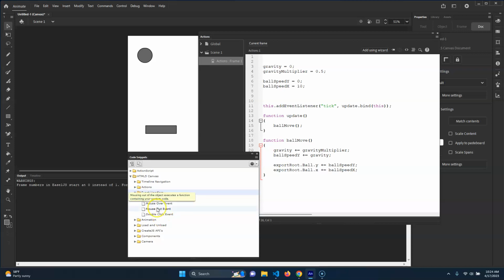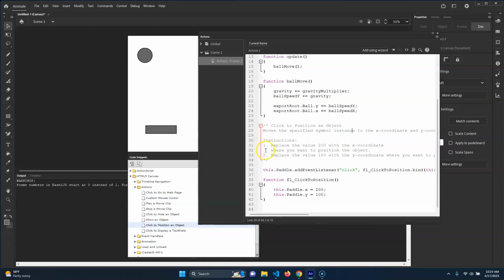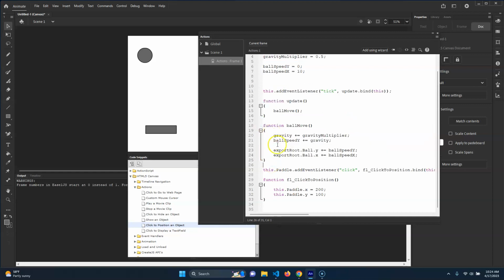Event handlers work. These are just generic ones. They don't do anything other than just execute when you click. So what we're going to do is go to actions, and you'll see this one for click to position an object. Select the paddle, double click, click to position an object. Boom. Okay, we're going to get rid of this extra bit here. All right, so now we've got this dot paddle, click to position